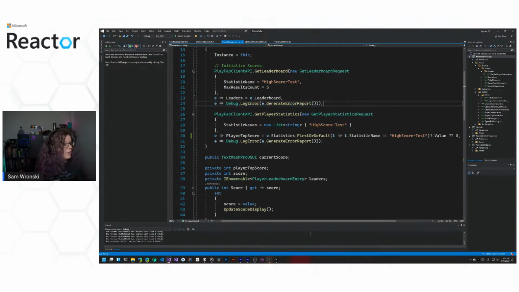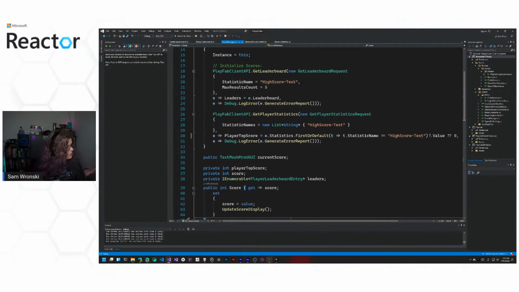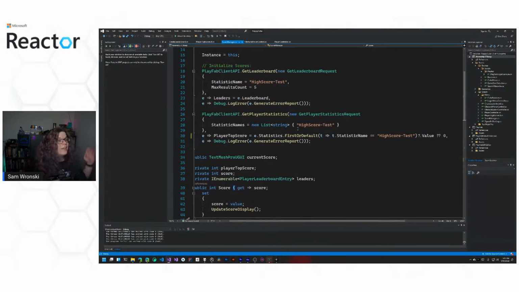The other one is grabbing the first. This is a slight modification from what we've done in the previous videos. If you're unfamiliar, go and check out the Microsoft Reactor YouTube. We do have how we got to this point in there. So what's going on here is we're doing first or default. The reason we're doing this is because a player may not have a high score the first time you run that player, the first time you create that player. And so what this is doing is adding some null checks. So if we can't find a player, we're going to return the default value. The default for an object is null. So we're going to get null.